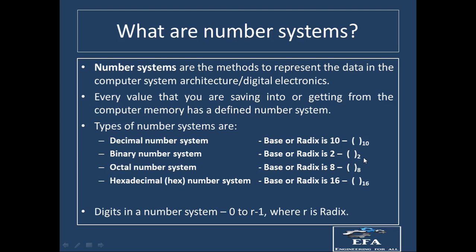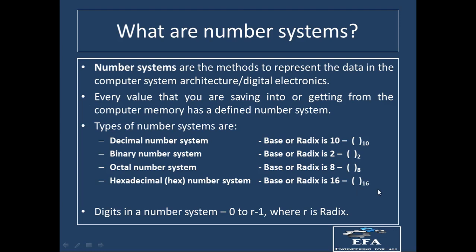Similarly, we have two other types of number systems. One is the octal number system and the second one is the hexadecimal number system. When you talk about octal systems, octal means 8. Therefore, the number represented in the octal number system has a base or radix equal to 8. On the other hand, the hexadecimal number system is a type of number system in which there are a total of 16 digits, and the base of the number will be equal to 16.